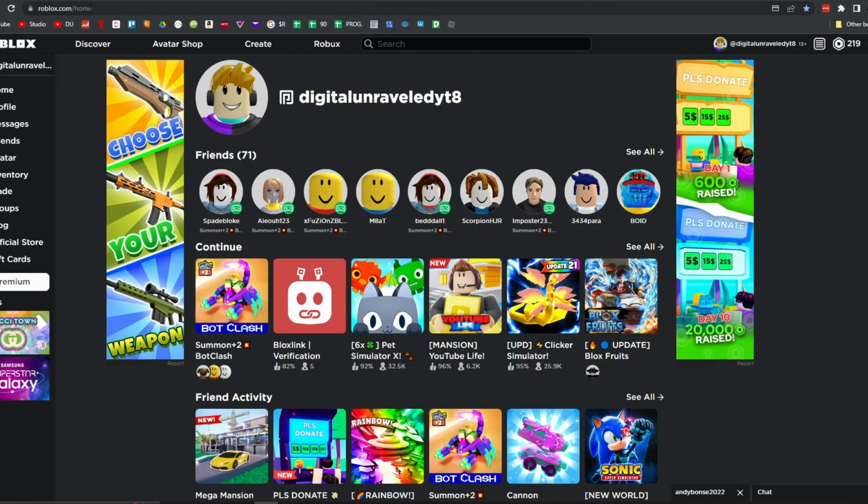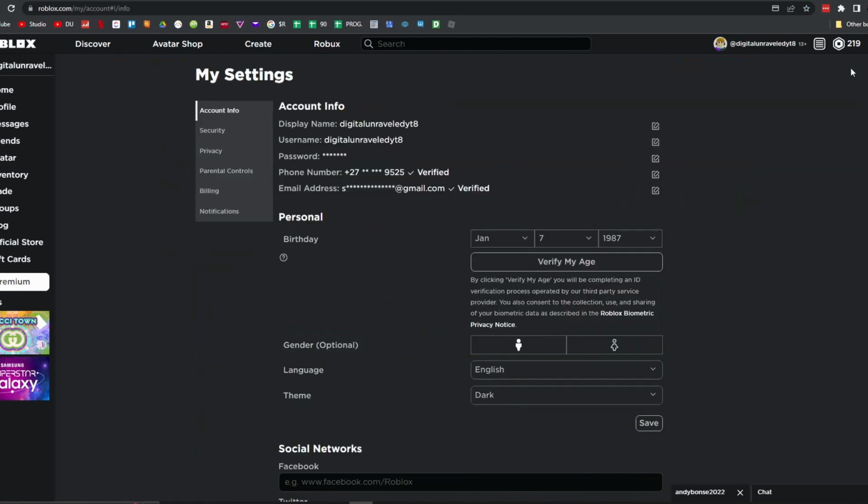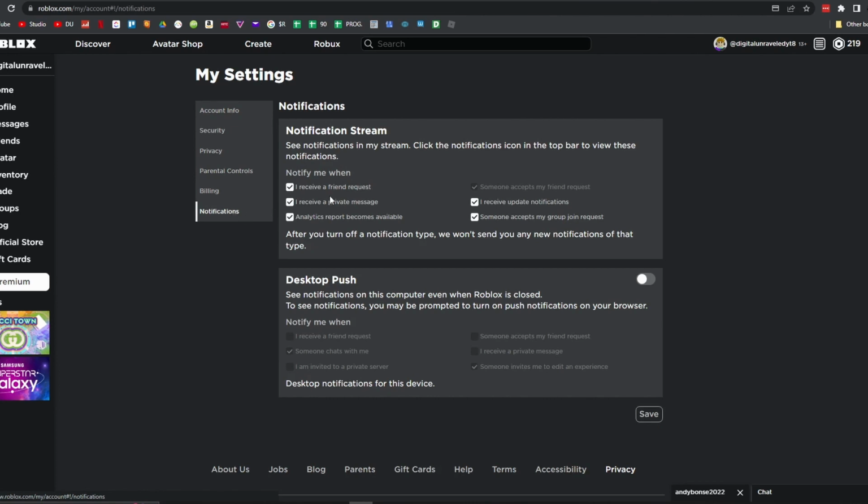So first of all, go to roblox.com and log into your account. Once you have logged into your account, what you want to do is click the settings gear cog at the top right hand corner, and then you want to go to settings. From the settings page, you can see this little menu here on the left hand side. What you want to do is click on notifications at the bottom, and then you'll see two options: notification stream